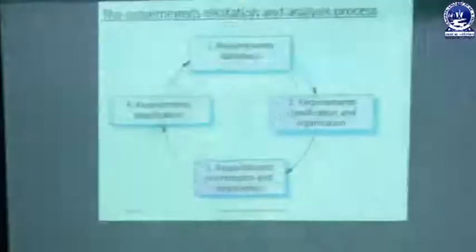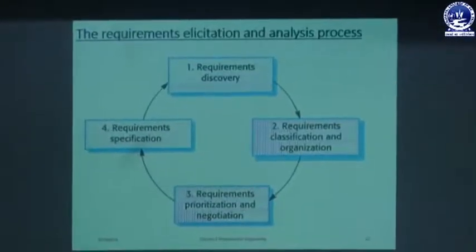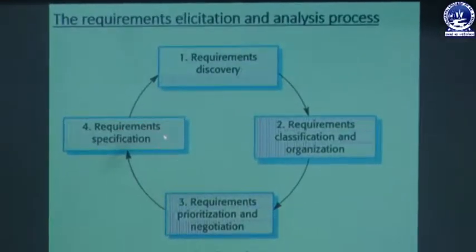So, what will be the change after 1 year or 2 years? The application developer should guess that, and should accommodate those changes now. What will be the changes when my user wants some changes after 1 year or 2 years? Before he comes to me and asks me to accommodate his changes, I should properly accommodate that requirement now. So, that is the negotiation. After prioritization and negotiation, what we get is the requirement specification.